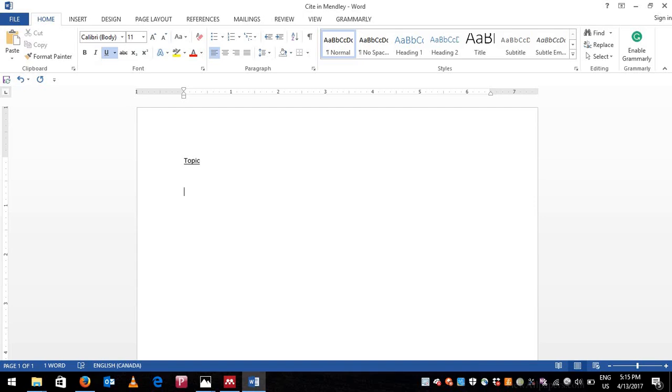A very simple sentence may not need a reference, but whenever you need a reference, you need to use either Mendeley or EndNote, or you have to do it manually, and manually can be very tricky, so it's better to use software such as Mendeley. So for now I'll type a very simple sentence. Suppose